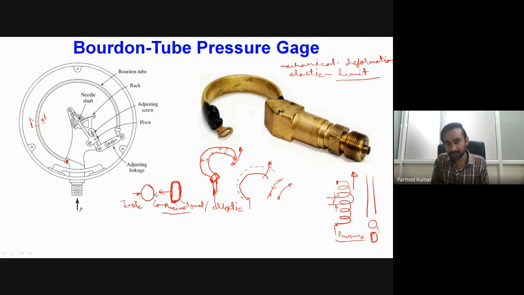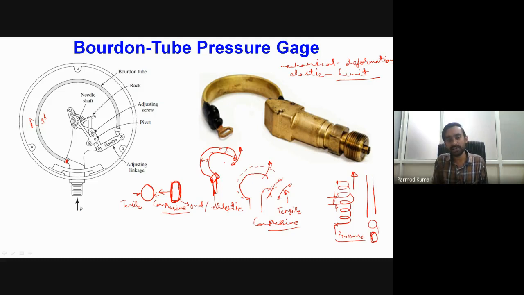Okay, so because of this effect, that our tube is actually trying to straighten up, what will be happening is that on the inner wall there will be formation of tensile stresses, and on the outer wall there will be the formation of compressive stresses. Okay, so you can clearly see that the pressure is having an effect of tensile nature only.